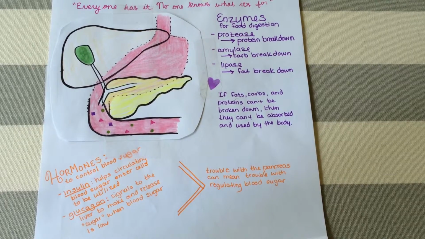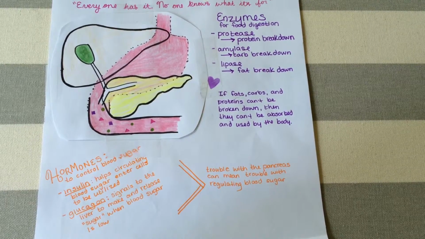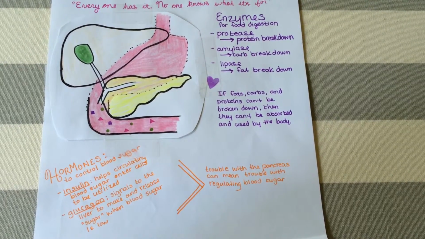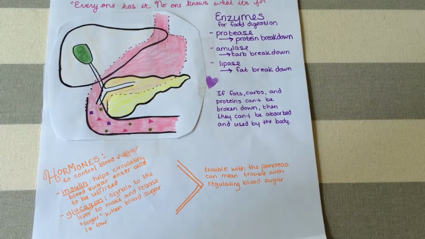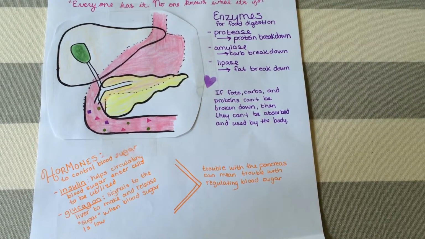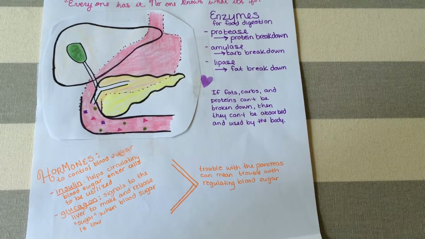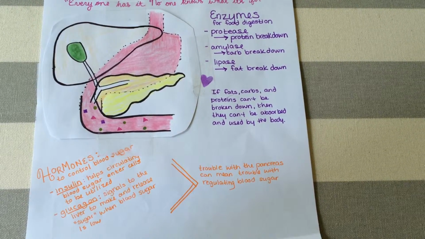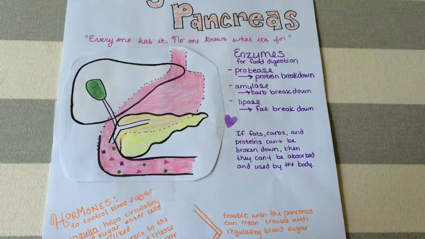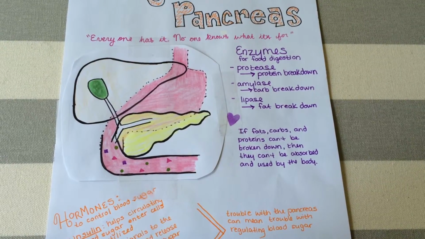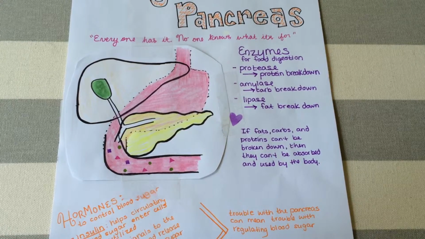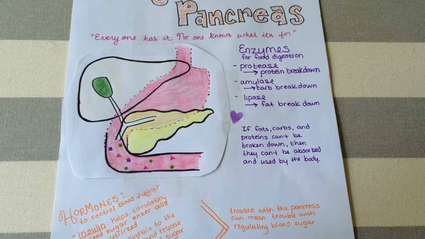The enzymes that it makes are protease, which is used to break down protein, amylase, which is used to break down carbohydrates, and lipase, which is used to break down fats. If fats, carbs, and proteins can't be broken down, then they can't be absorbed in the small intestine and used by the body. If the pancreas is functioning normally, these enzymes only become activated once they enter the small intestine,